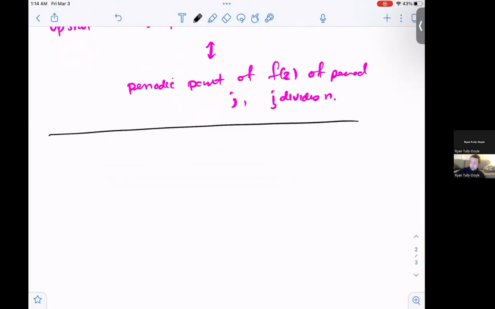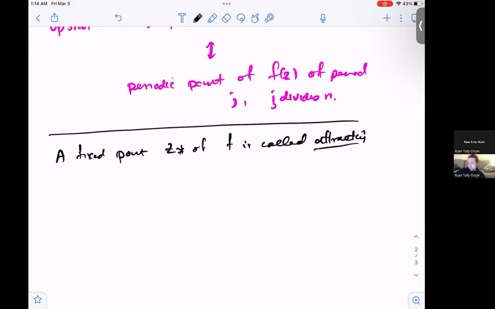So a fixed point z star of the function f is called attracting if there's a neighborhood of that point z star, so that